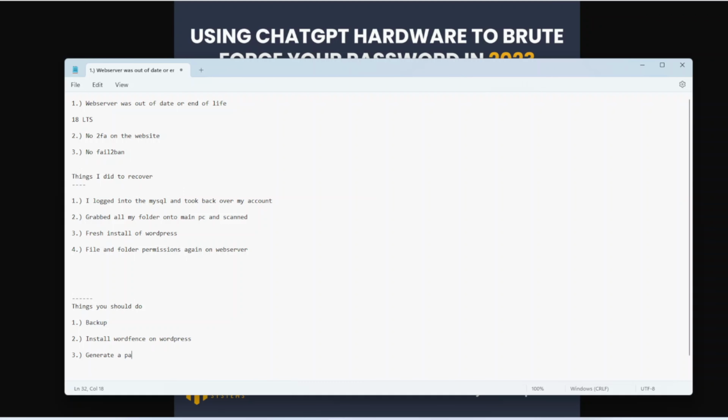Generate a password and use KeePass or a password database, and use that to log in. It shouldn't be something anybody could guess, because at this point you just get brute forced for the most part. I think I've covered just about everything, but